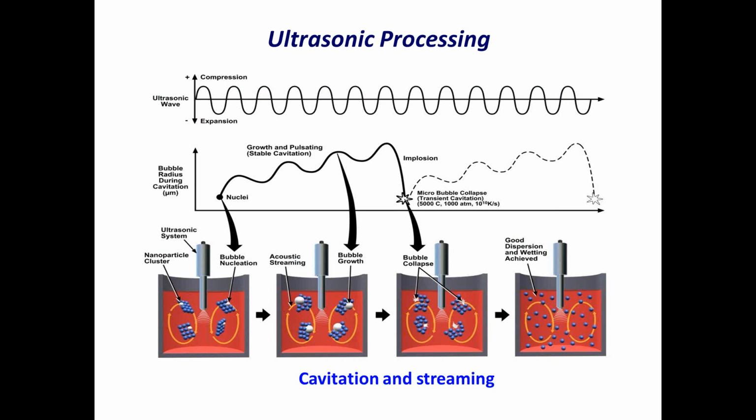And that program worked around how do you decluster material once you get into the melt, and a very reliable way to decluster clusters of nanoparticles is ultrasonic processing. And indeed, this is very successful. I'll show you pictures of how we get ultrasonic processing through a larger melt. But this is a reliable way to break up the clusters, and if you can break up the clusters, you're part of the way to making an enhanced, a strengthened